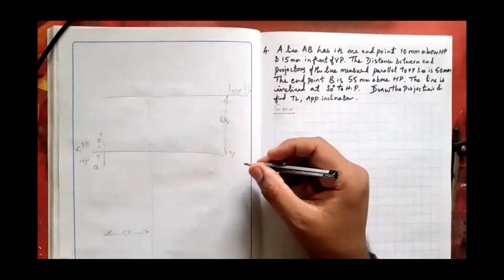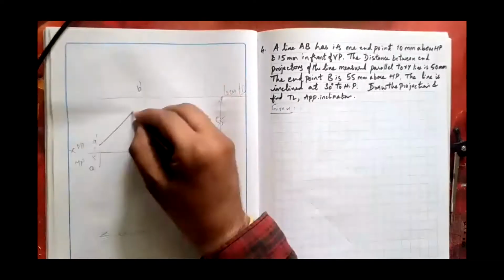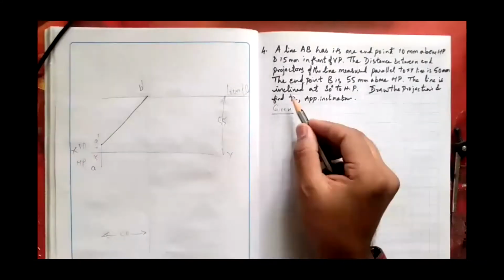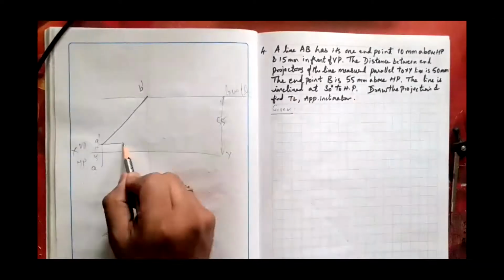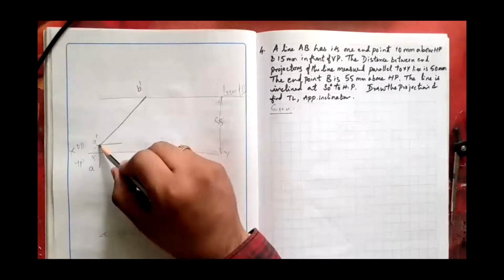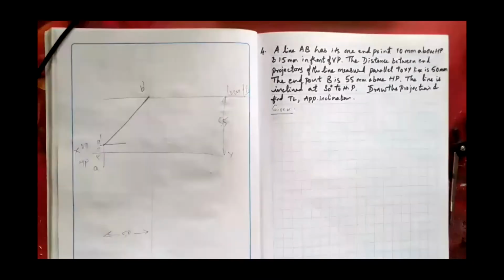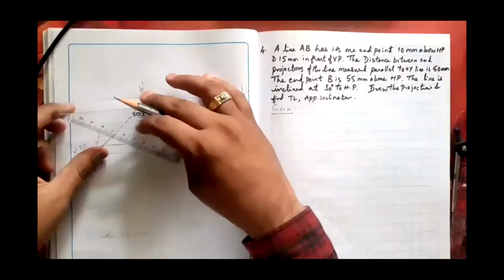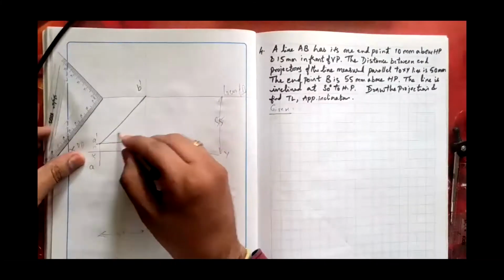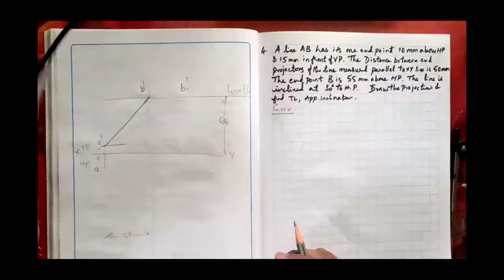So directly I have got this position, which is nothing but A dash, and B dash is found out here. The line is inclined at 30 degree to HP. See, true inclination theta is given as 30 degree. So from here I'll draw a line at an angle of 30 degree till it meets this B locus. I'll keep my set square like this and draw a 30-degree line, continuing till it meets the locus of B line. That will be B1 dash. If I know these two, I can continue representing on the top view.